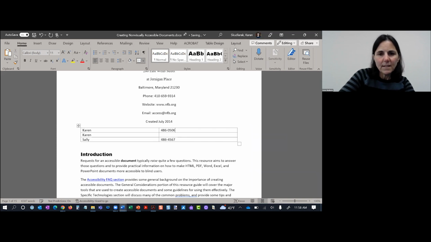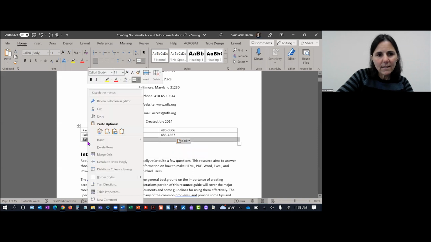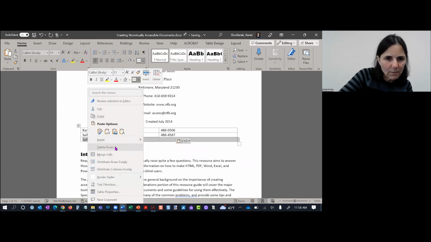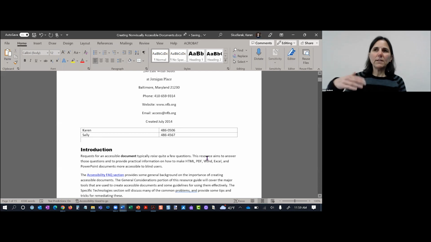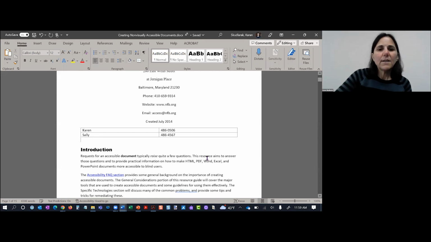486. And then I have Sally here, right? And so Sally might be my TA. So I might lay it out like this. And let me just delete this row. And just to make it visually easy for me to see it, the problem is that, actually, I'm going to change it up, is that if you do it this way,